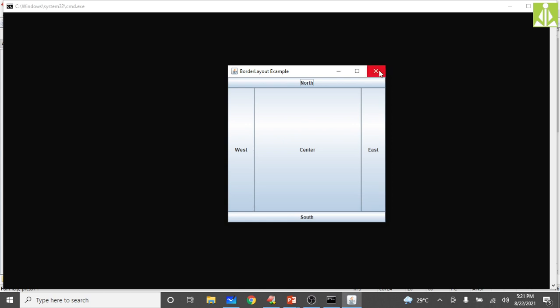Because development is the duty of a software developer, and when you practice all these things, ultimately you will come to know how a particular application will be developed in Java. Already I have shown many program examples inside AWT, Swing, event handling, and also the layout managers we discussed successfully. So with this, the complete programming related to the fifth unit we have done in today's session. Whatever concepts we discussed so far in the fifth unit, that complete programming we have done today. There is nothing pending, we can say.